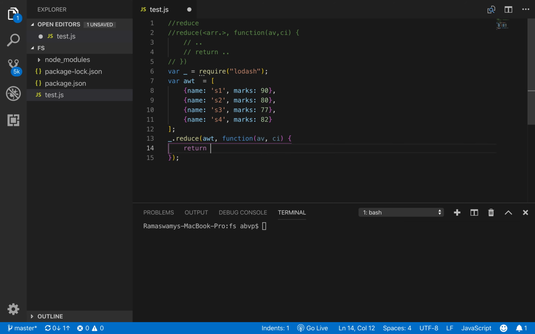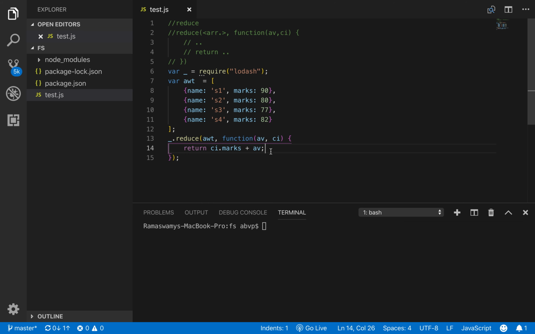Let us first of all find the sum of all the marks and then divide this by 4, since we have 4 items in this array. So let us say ci dot marks to get the marks, and then add it to the accumulated value AV.